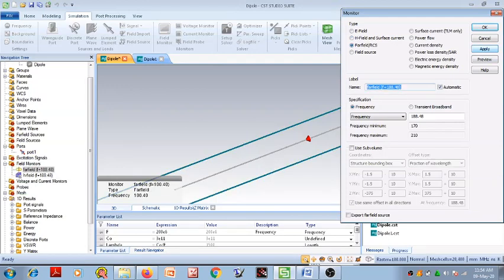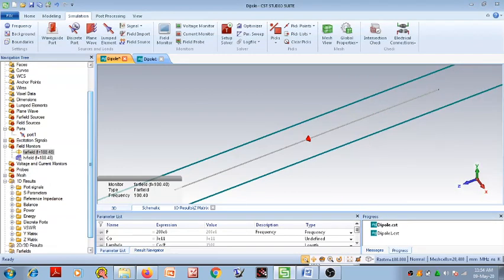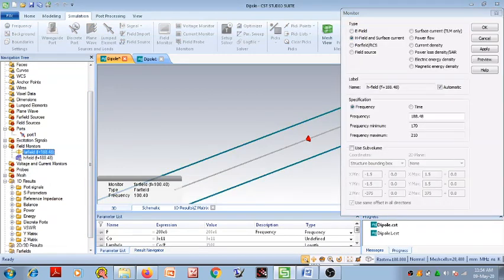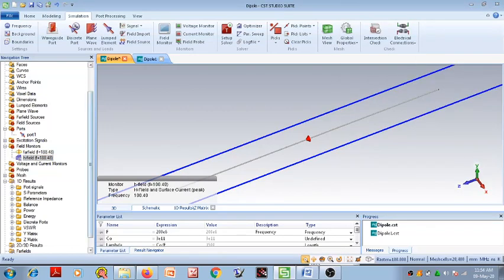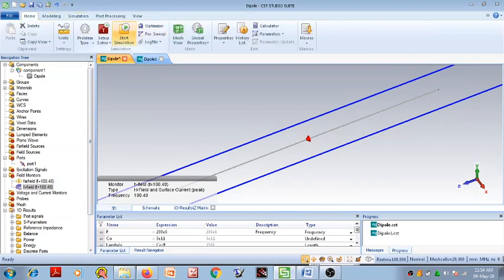You can apply all of these field monitors, but these are the two very important field monitors. So we can apply surface current, H field and far field. So click on OK. These field monitors have been applied here, far field and H field. Okay. After applying field monitors, again we have to click on start simulation.